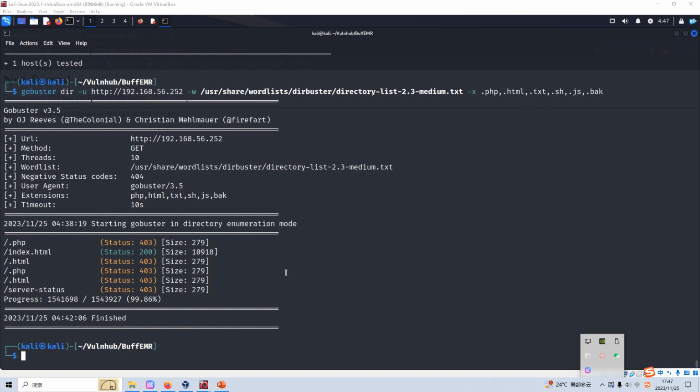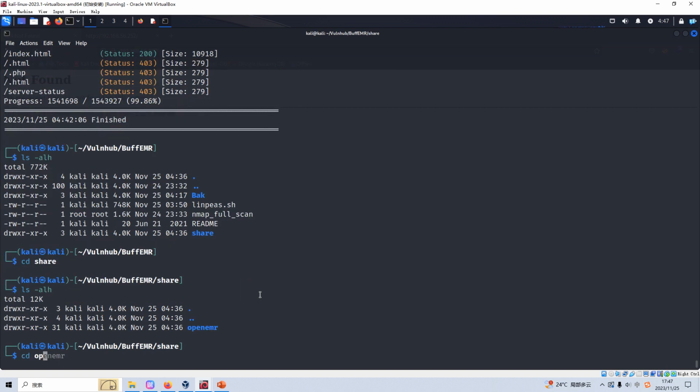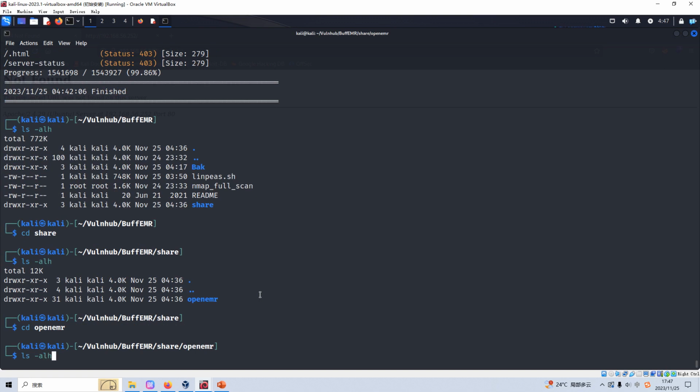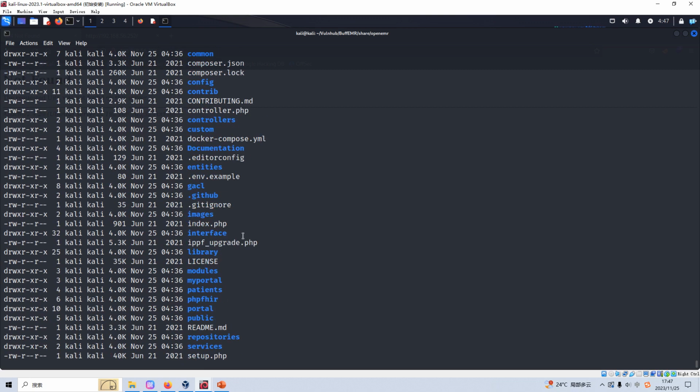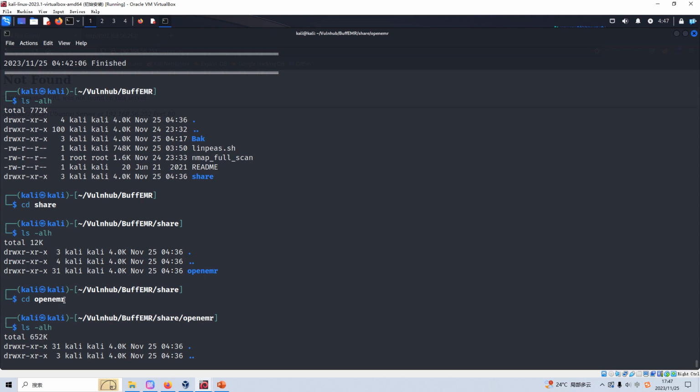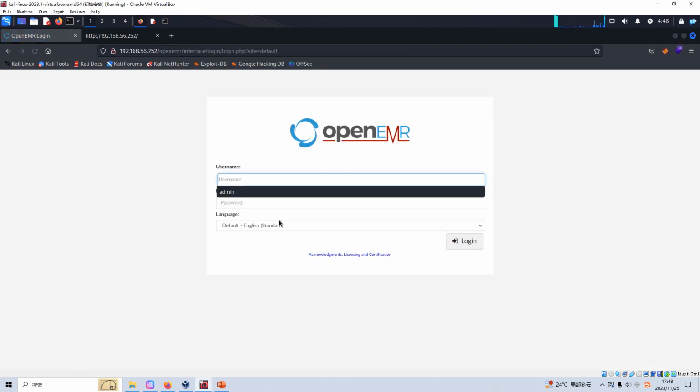However, if you go back to the FTP or share directory, go to this subdirectory. Yeah, it looks like this is the website, right? Like the PHP files, the YAML file, controller. So maybe OpenEMR is a directory on the website. So we can check manually, OpenEMR. Yeah, as you can see, we have already got the